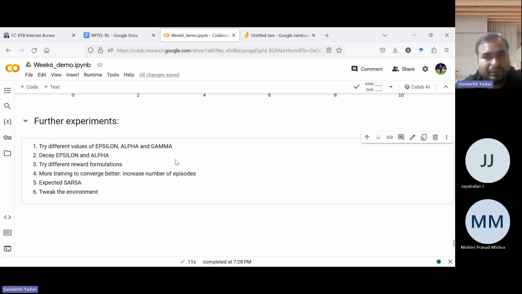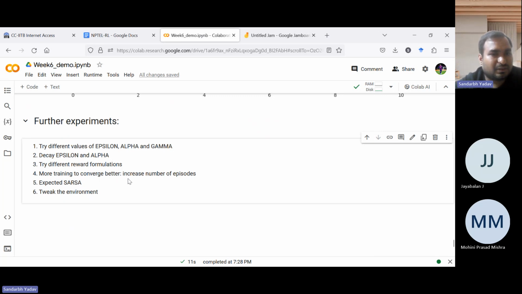Here we have a negative reward of -1 for each transition and -100 for falling into the cliff. But maybe you can give +100 for the goal state. Then you can introduce a discount factor. Here we have a discount factor of one. Then you can introduce a 0.9 discount factor or even 0.5, and then the agent will have some urgency to reach the goal state as quickly as possible. And then you can do more training.